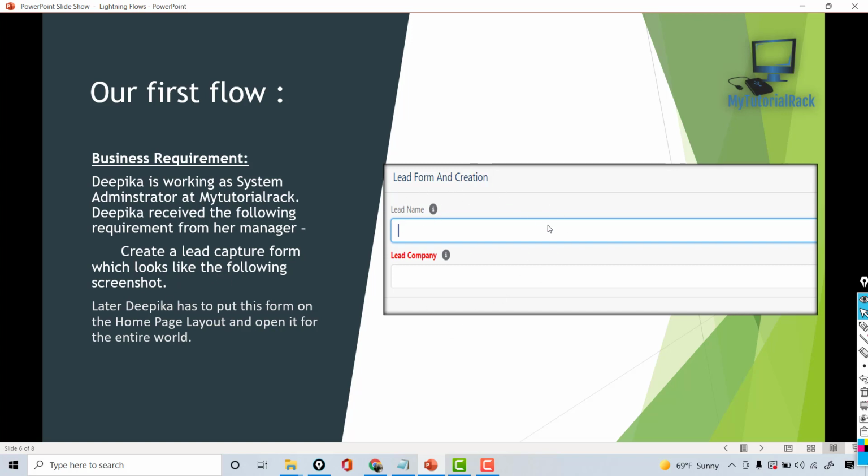So the form is asking for two things from the user. First, to enter the lead name, and then another thing is the company name. These are the two things that the form should ask the user to enter, and both of these need to be required first of all, and there needs to be a help text. Okay, so you can see here these are the help text, so you need to have help text next to